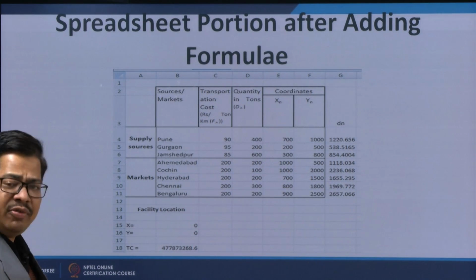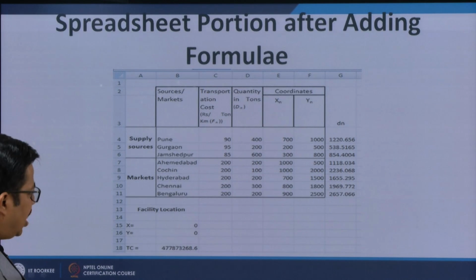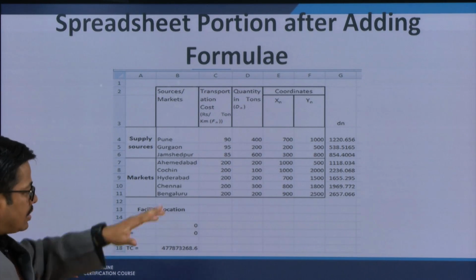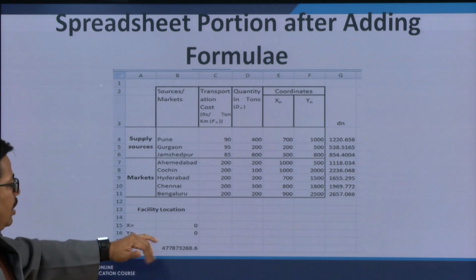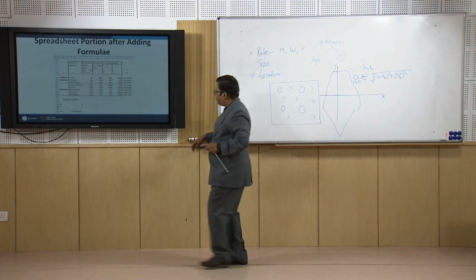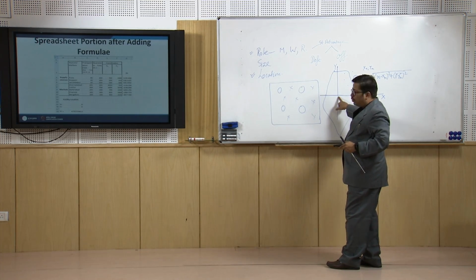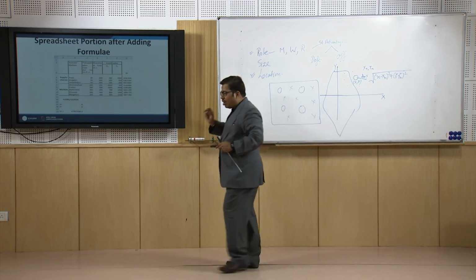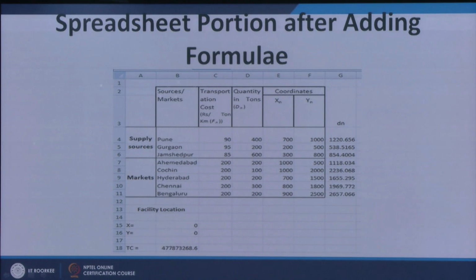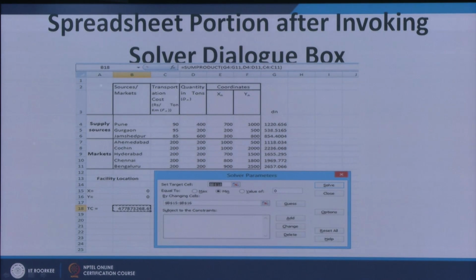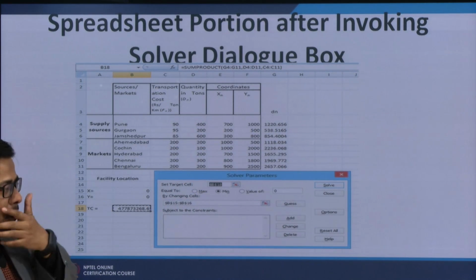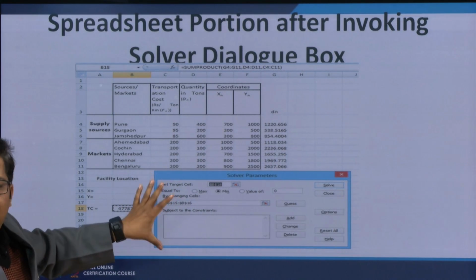Now I want to optimize, and for that purpose I will use this cell. This spreadsheet portion is what we get after we have the location of x and y. If I go with this data, the location of x and y is at the origin, because x and y are given 0, 0. Now my job is to reduce this total cost as much as possible, and for that purpose I will invoke the solver, and this type of solver parameter dialog box will come,